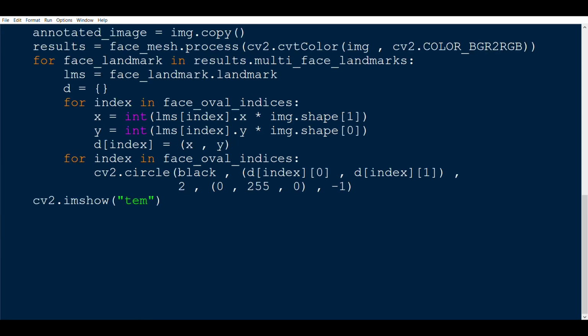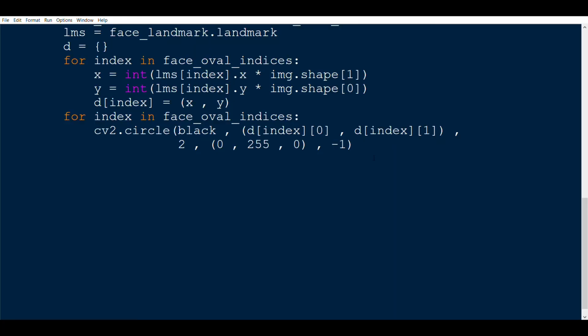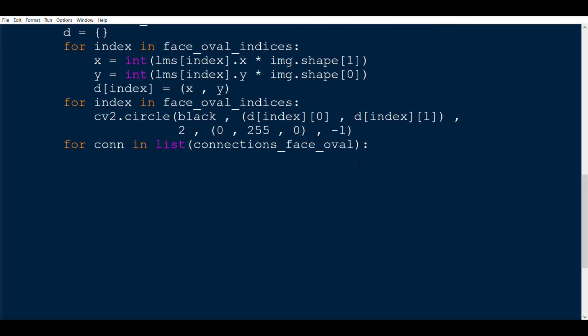So if you run the program till here, you can see the points in green and the face oval is outlined. Instead of black, you can use the annotated image that we have defined earlier and have the same output on the real image. Okay, now let's draw the connections. So again, we have a for con in list connections face oval. If you remember, it is the connections that we got initially, and now we can use them to draw the